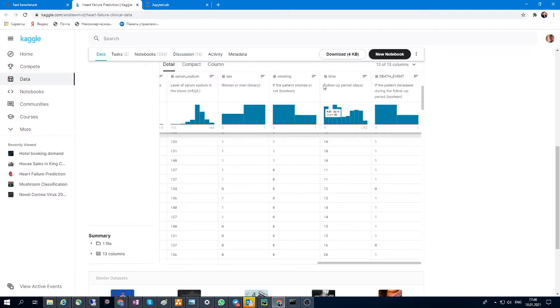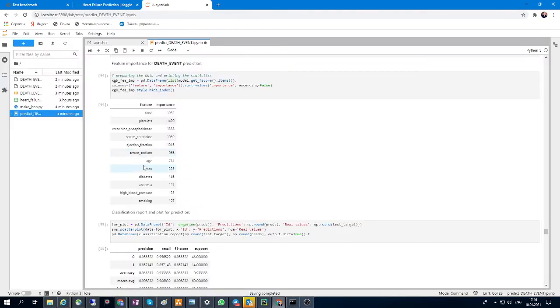So this is a follow-up period in days, so maybe it depends on the age. So let's say let's divide this time by age, and we'll call it